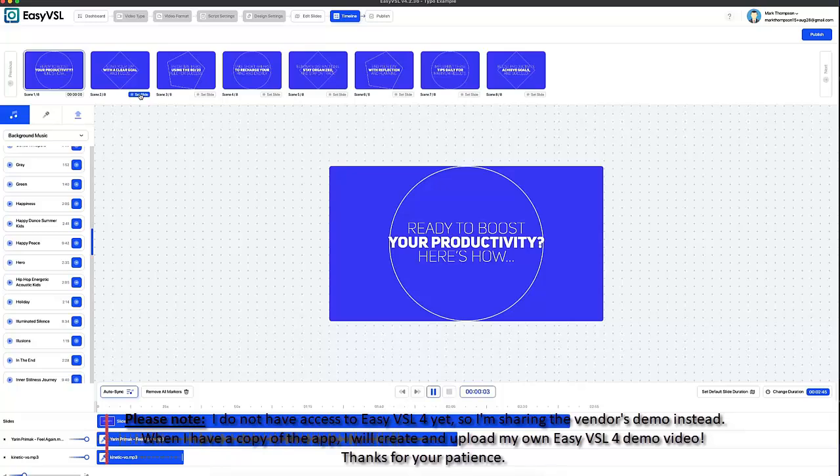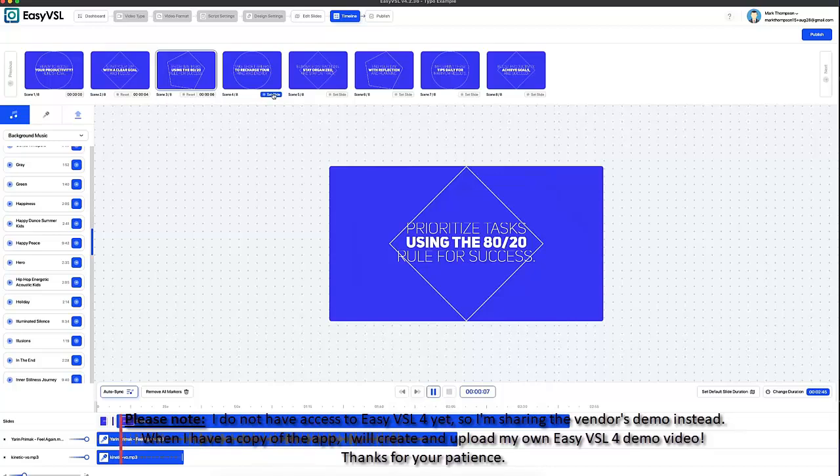Ready to boost your productivity? Here's how. Start your day with a clear goal and focus. Prioritize